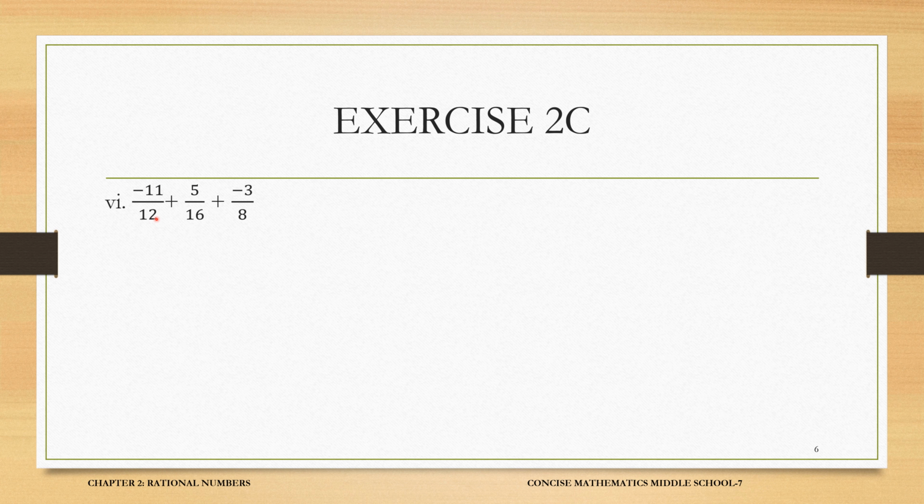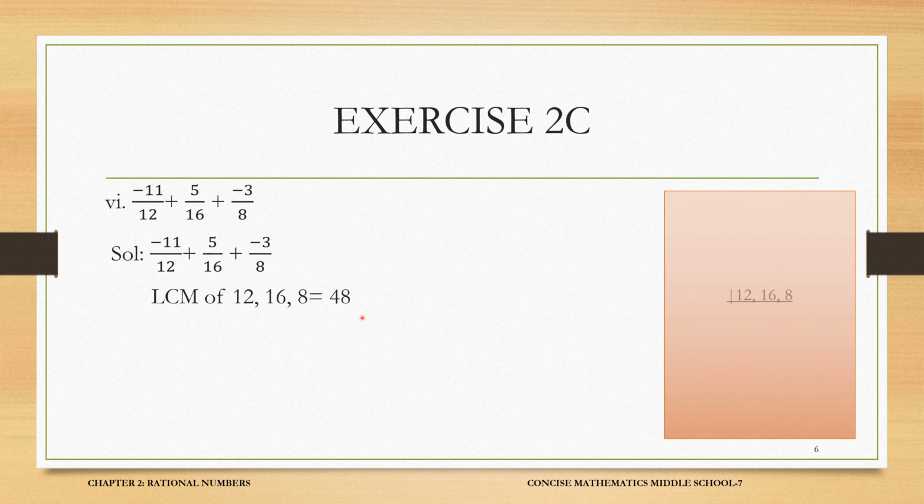Sixth question, minus 11 by 12 plus 5 by 16 plus minus 3 by 8. Here all these three are in the standard form of rational number. So directly start taking the LCM of 12, 16 and 8. It becomes 48. How to make a LCM is, just in a